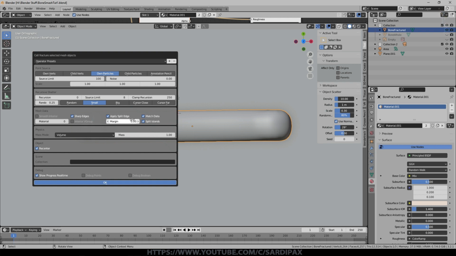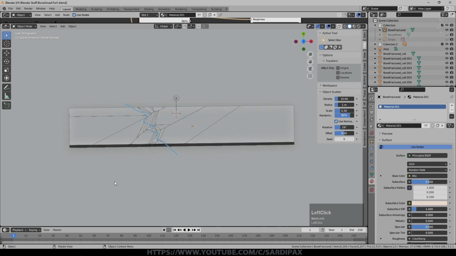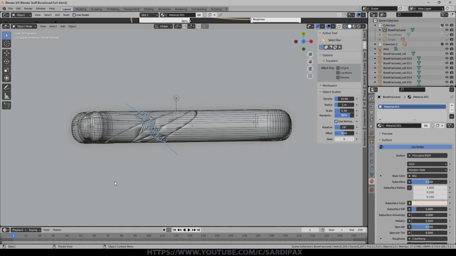100 particles is fine. It will crash sometimes. And the most common causes of crashing of the cell fracture, or for it not completing, is problematic geometry. That's why it's worth making sure when you do it, it's all sorted out. But next we need to say annotation pencil. So that tells it where it's going to start the fracturing process. And now we'll click OK. And you'll notice it's centering what it's doing around that point.